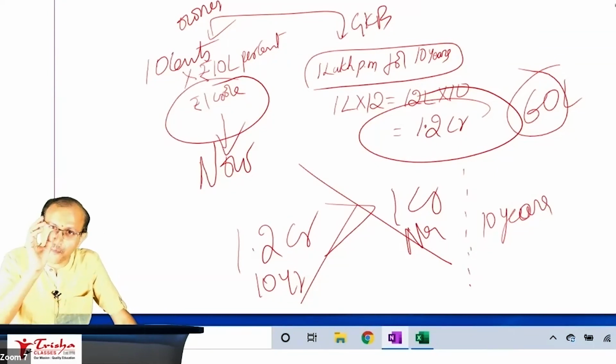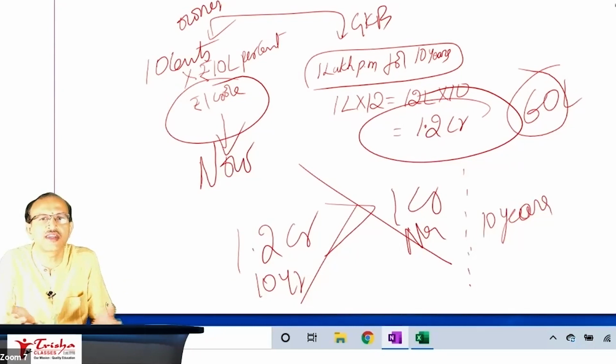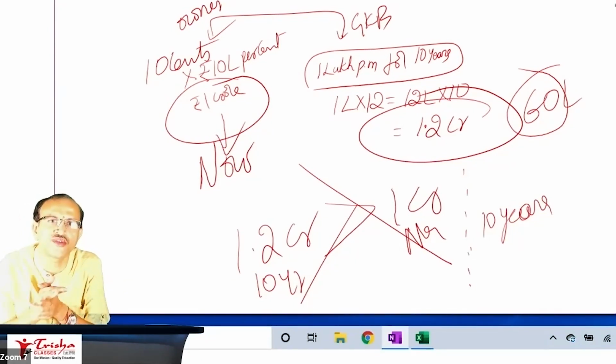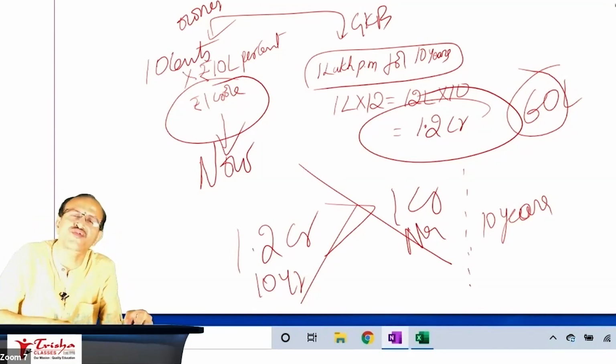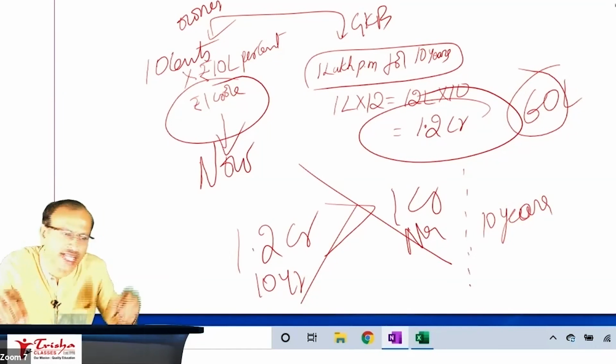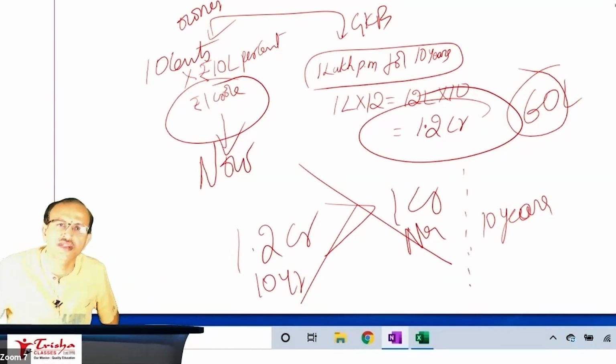Okay, my point to all of you is that time plays a major role here, which probably you are all missing. What happened in the leasing versus buying case? In the buying case, you have to pay 50,000 now, whereas in the leasing case, you have to pay 14,000 in the next 4 years. Today's money cannot be compared with money in the next some years.